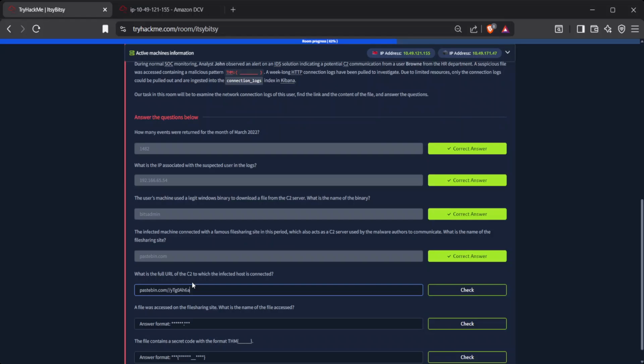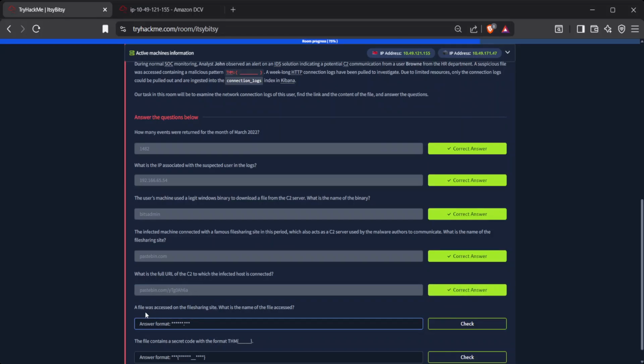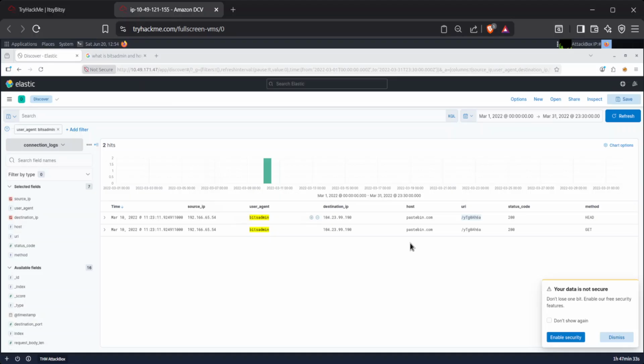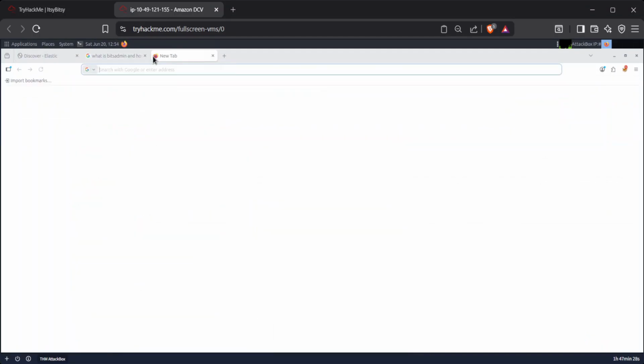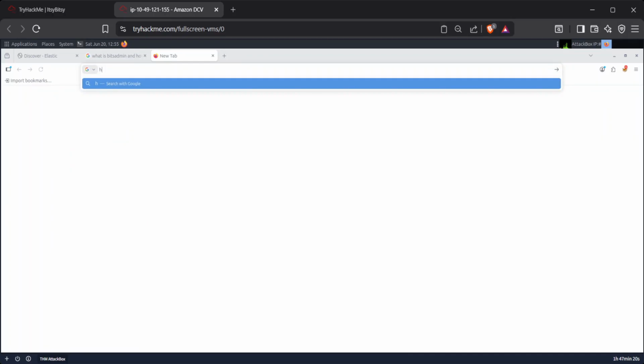User Brownie visited this URL. A file was accessed on the file sharing site. What's the name of the file accessed? Now, to see the file name, we have to visit this URI path. In real life, we don't visit suspicious URLs like this. Since this is a TryHackMe lab and it is safe,